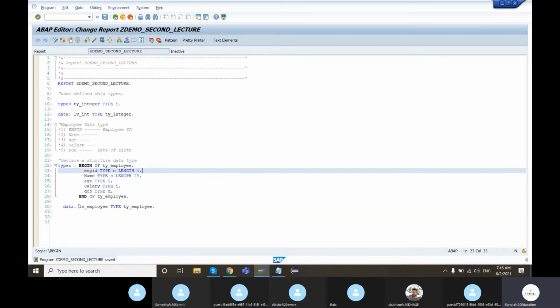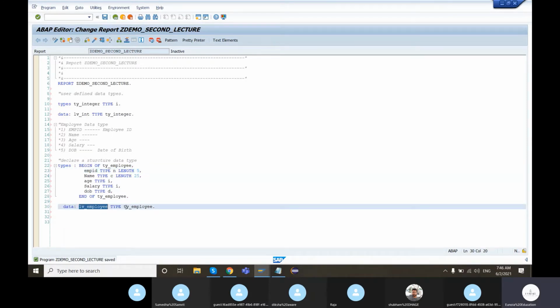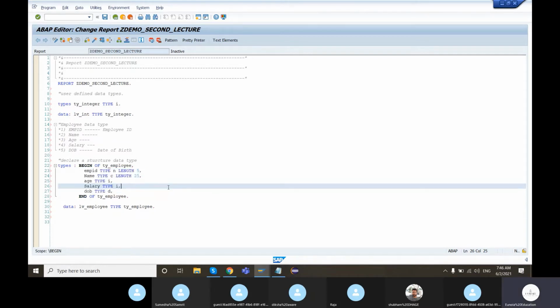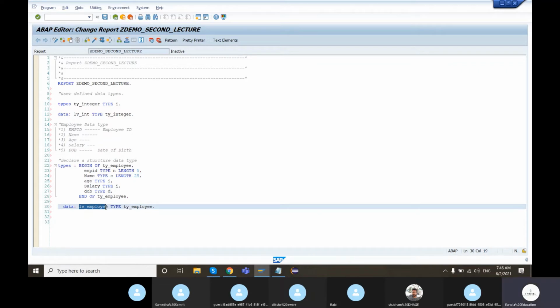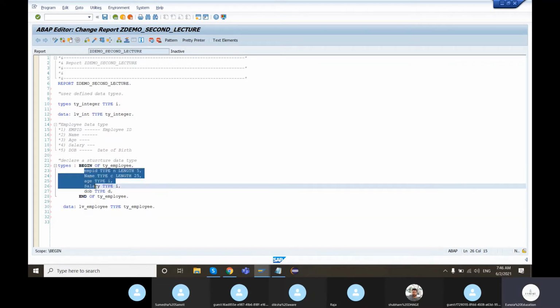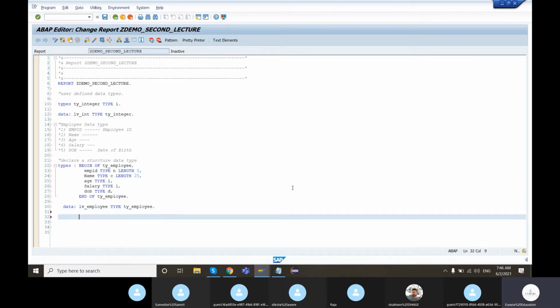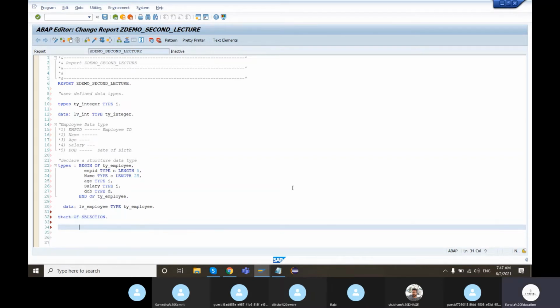Whenever I declare such a data object belonging to a structure data type, this data object is going to have five fields within itself. We need to maintain these five fields, and we can manipulate them in our code. For example, we'll try to fill in these fields of LV employee.